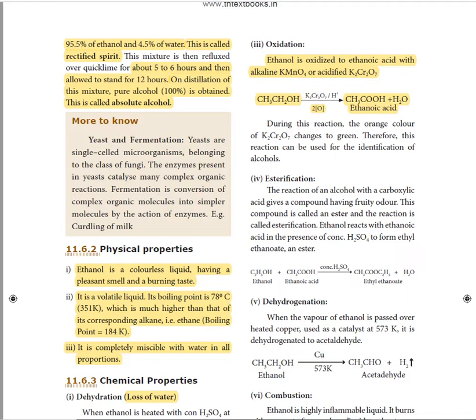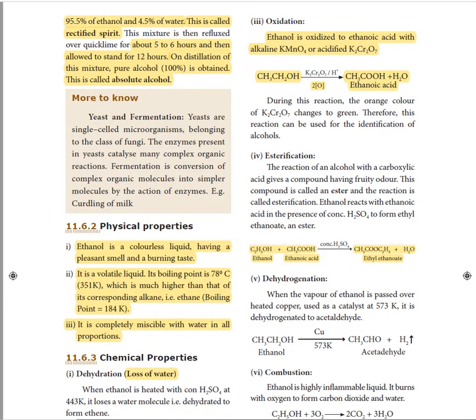The next, fourth one, is a very important 4-mark question. What is esterification? They will not ask straight away what is esterification. They will give the equation and ask you to complete: C2H5OH plus CH3COOH, what will it give? Or in some other way they will twist the question. Esterification means when an alcohol reacts with an acid in the presence of concentrated sulfuric acid, you will get alkyl alkanoate, that is ethyl ethanoate, or ester. Here ester is formed. So this reaction is called esterification.